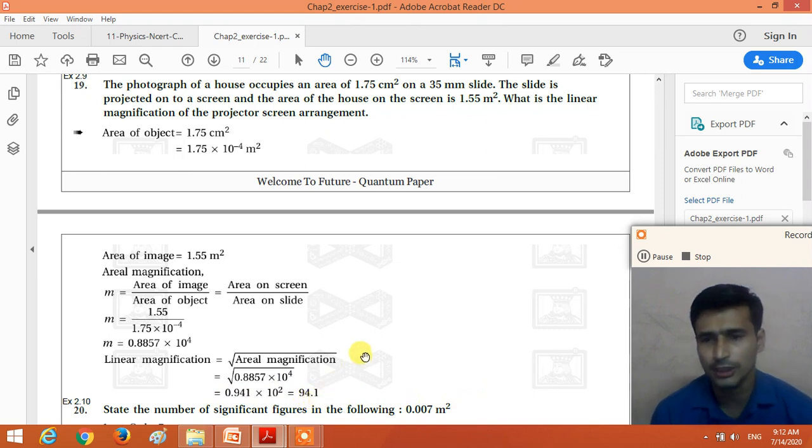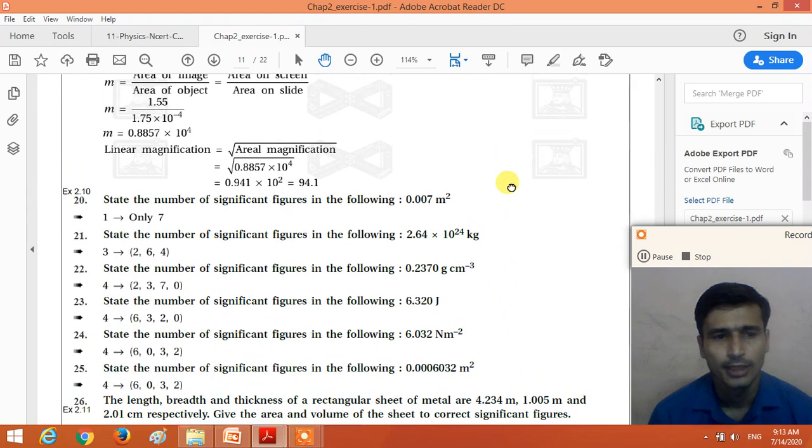So the image of the house produced on the screen is 94.1 times magnified than the original object. Understand this example: how we calculate the linear magnification. Aerial magnification is the area of the image to the area of the object, and from that we calculate the linear magnification, which is equal to the square root of the aerial magnification. Now example number